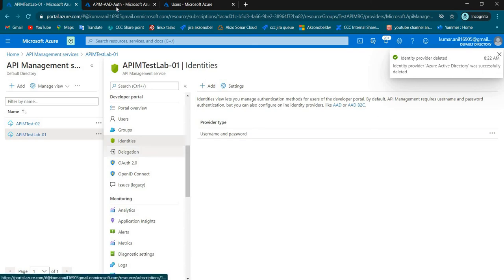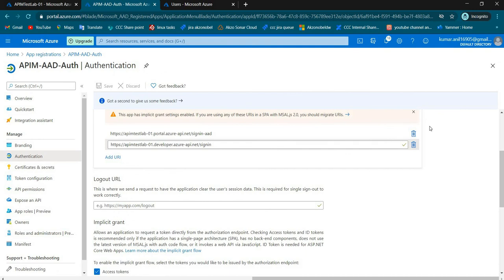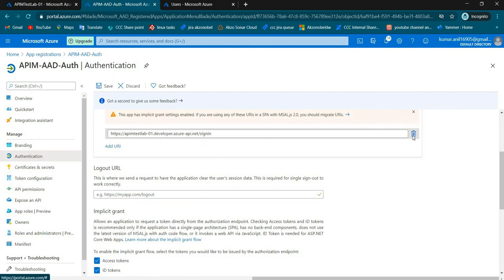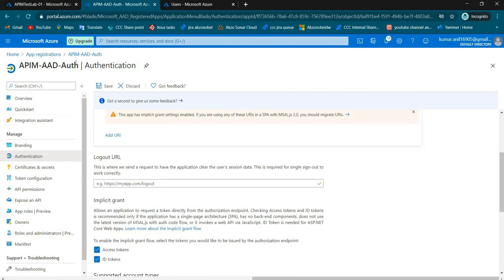So you have removed the identities, and then finally you have to remove these two URLs. Still, you have your app registration available. If you want, you can remove that, but this won't give any problem. Why? Because in case users are going to use a new APIM instance and they want Azure AD authentication to be enabled, at that point of time also you can use this.